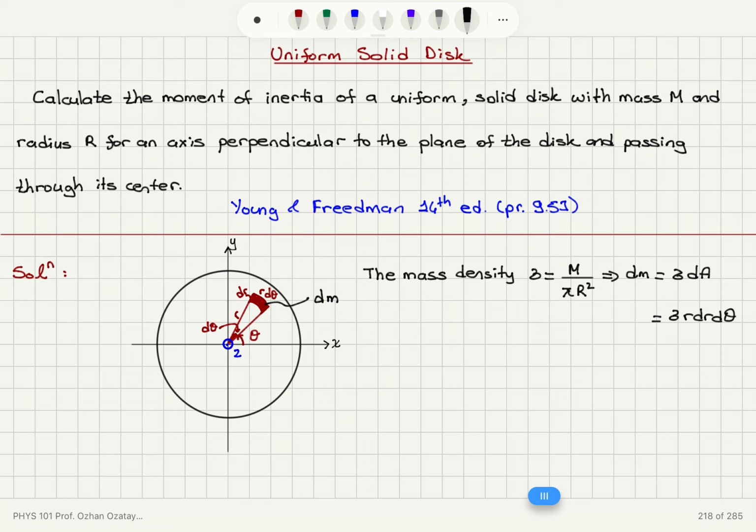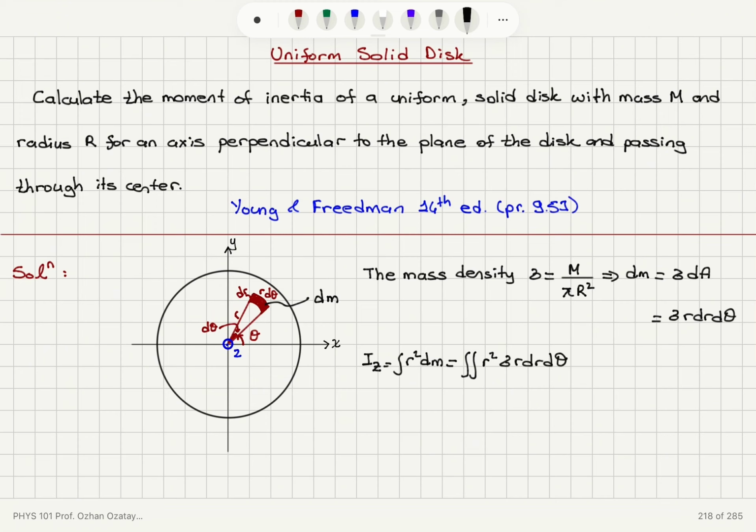So to calculate the moment of inertia with respect to the z-axis, that's an axis perpendicular to the plane passing through its center, this is the integral of r squared dm. Now we have two variables to integrate on, theta and r, using polar coordinates. So the integral is a double integral. R squared is the distance between this mass element and the rotation axis, and then we have dm,